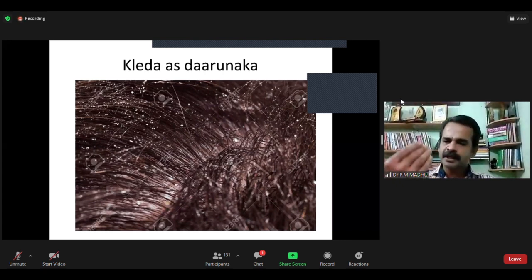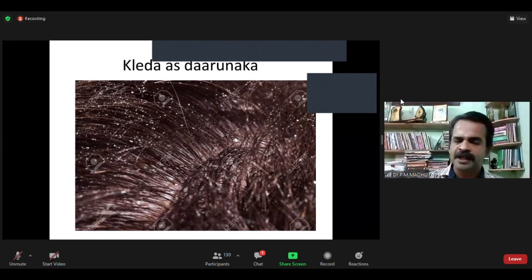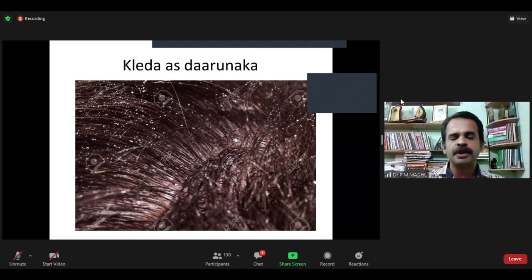By that, we are trying to reverse the pathology from the level of koshta. We are doing anulomana, we are giving amapachana, we are giving Agni-deepti drugs like that. So by that itself, it is not necessarily important to deal with the dosha or dhatu itself. Basically, we have to deal with the koshta level and this ama level. You see,